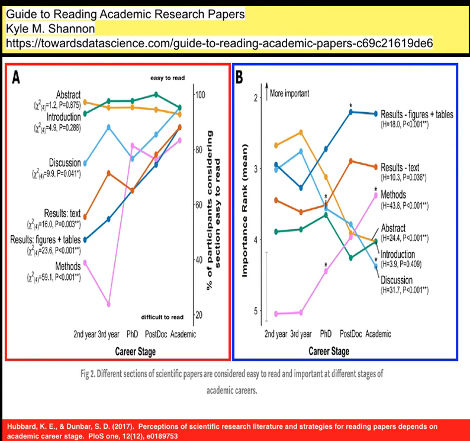On your screen, this graphic is from an internet blog titled Guide to Reading Academic Research Papers. You can see up on the top of the screen in the yellow box, that's the citation. And this figure is from a 2017 scientific paper. You can see the red box at the bottom of the screen has the article citation at the very bottom